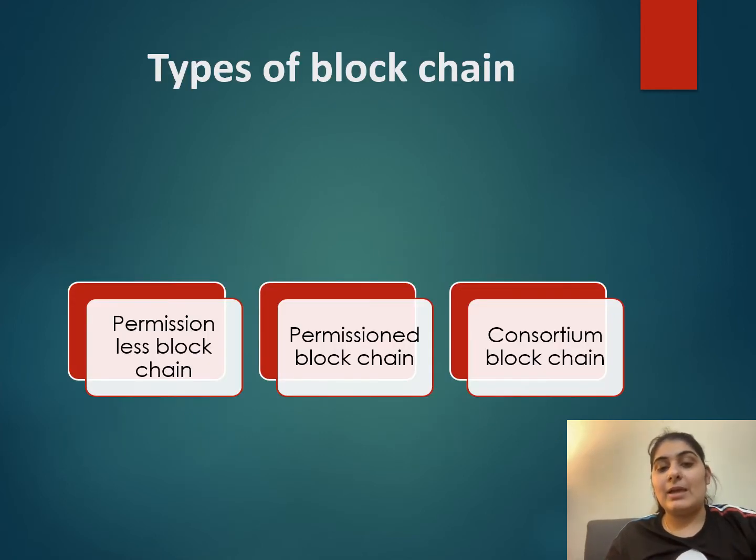Here are some types of blockchain. First one is a permissionless blockchain. It is also known as trustless blockchain, which is open minded, an open network available to everyone who can participate in this blockchain. Another one is a